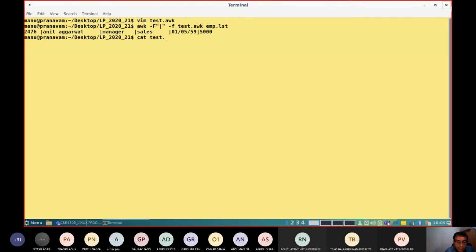Test.awk is printing it. It is going to print the matching characters displayed there. So this is how you can use -f, where the awk programs are in a particular file. Similarly, you can use begin and end sections, etc.